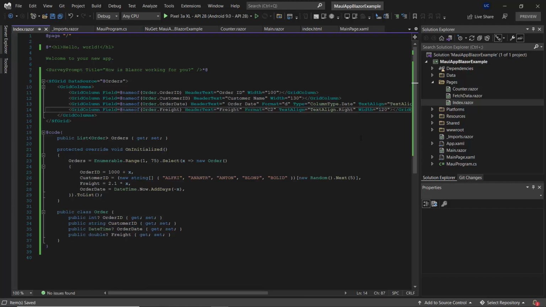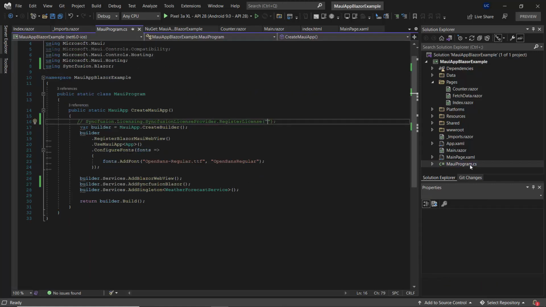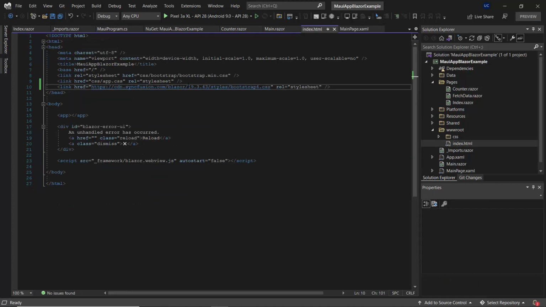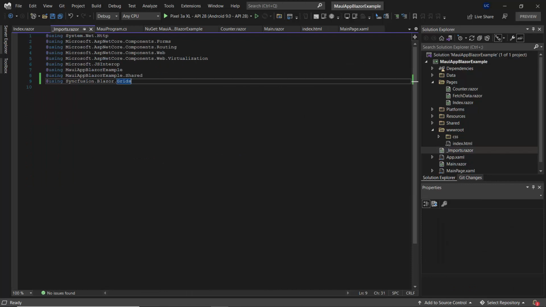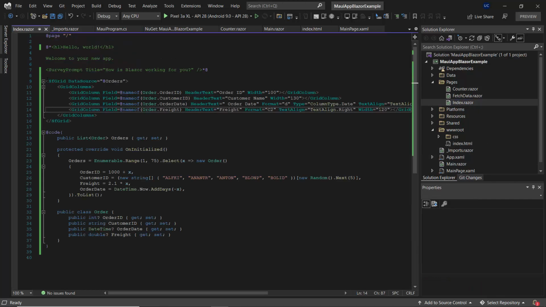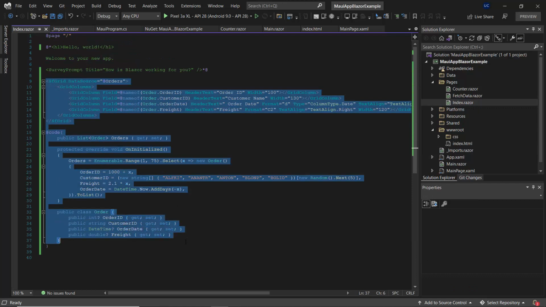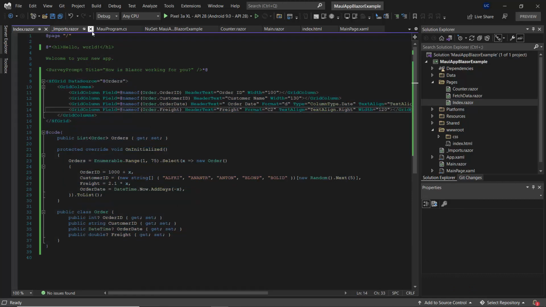So the grid component is added. So we registered the Syncfusion Blazor service inside this MyUI program.cs, and we have also included the CSS reference here. And inside this imports.razor, we have added reference to syncfusion.blazor.grids, and we have directly included the SF grids component here now.